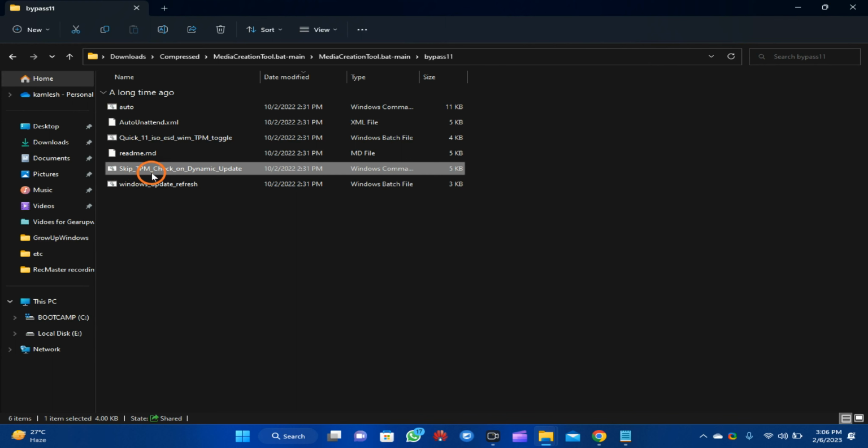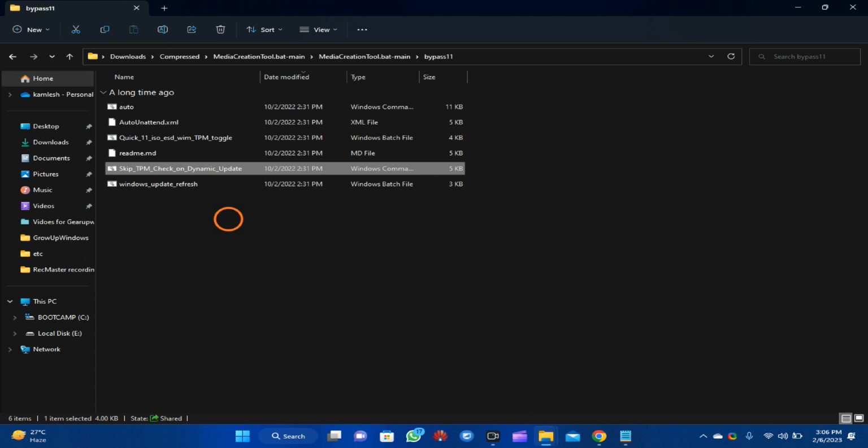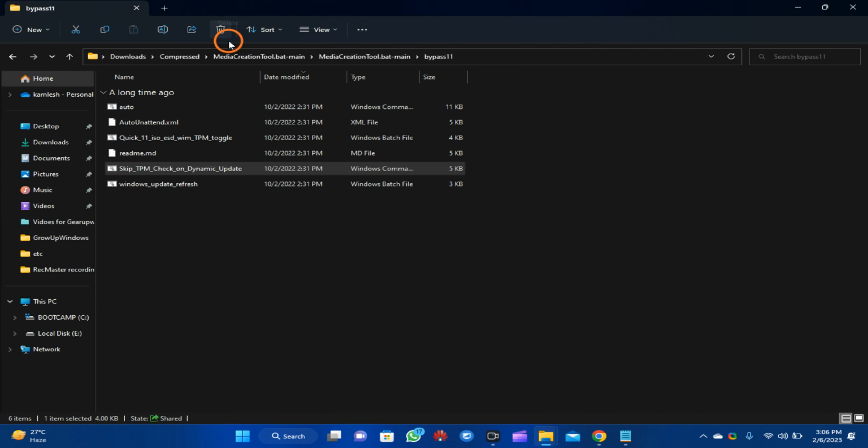Right click on this Bypass TPM Check on Dynamic Update and select Run as administrator. Press Yes if prompted, and if you run it the first time, then you will see Installed here, and if you want to remove it, then when next time you run the same script, the bypassing will be removed